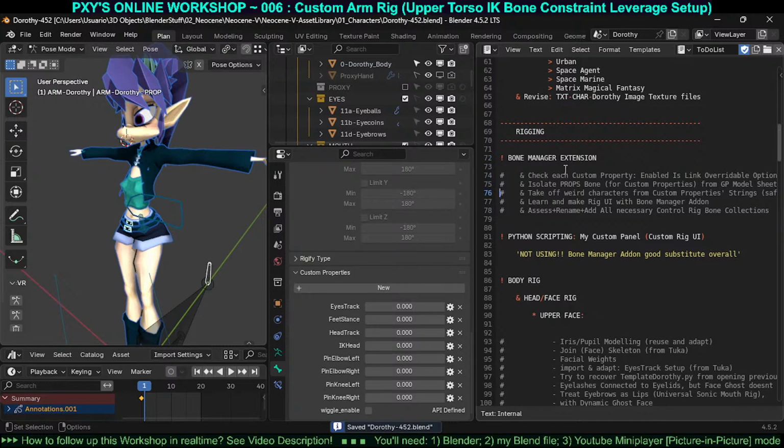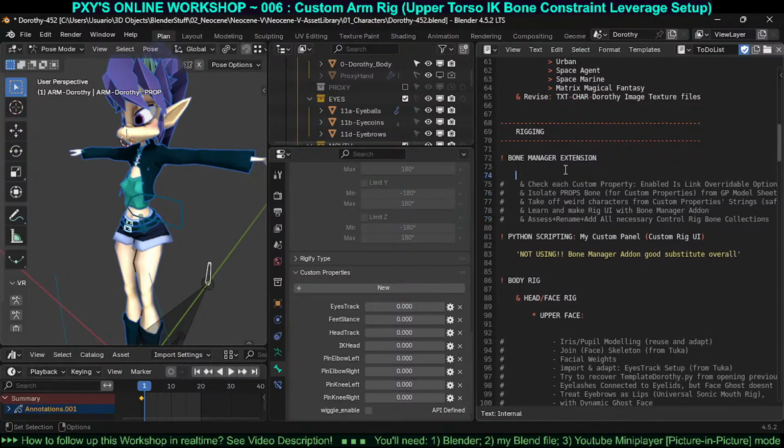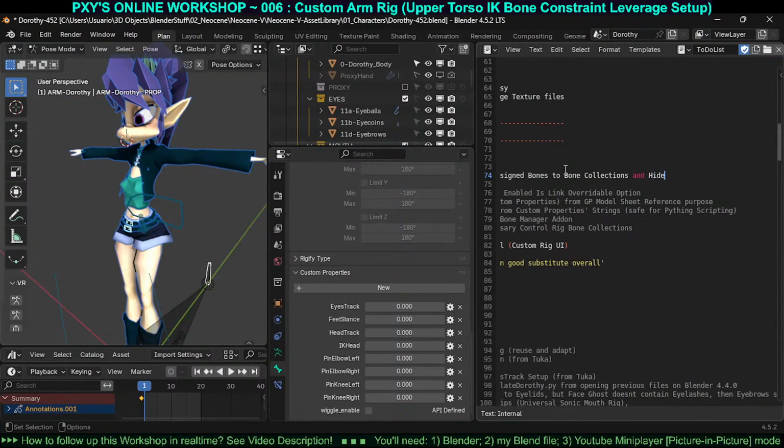What we could add here, however, one thing that we would need to do would be to complete the bone collections. Aside, yeah. And hide solo